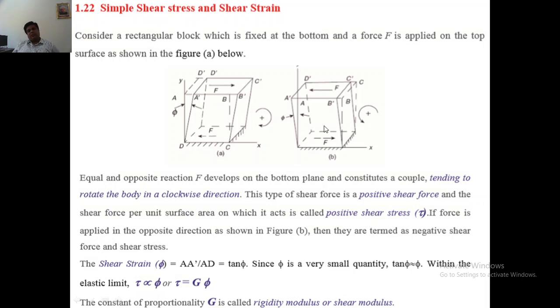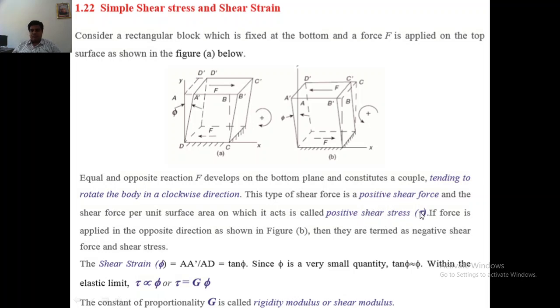So this is only the convention here, but anyway, because of this shear force which is acting on this area, so this is the shear area. This is the A dash, B dash, C dash, D dash is the shear area, and this is the shear force. So then when the load is applied on this area, it will become the stress. So since we are applying shear force, we get the shear stress here.